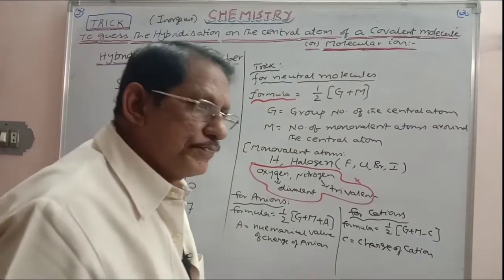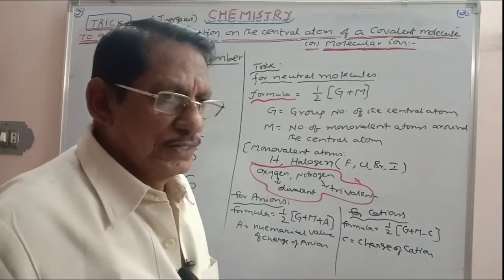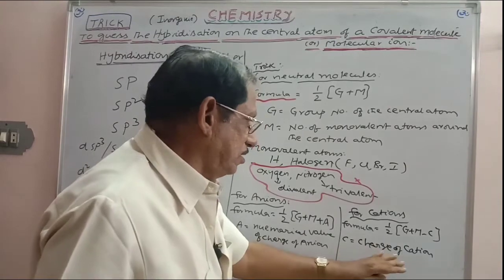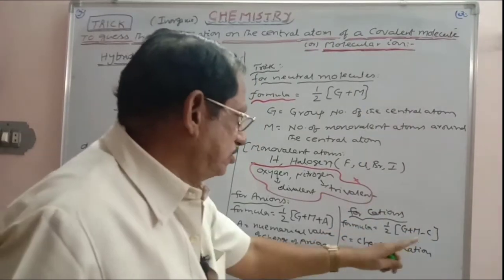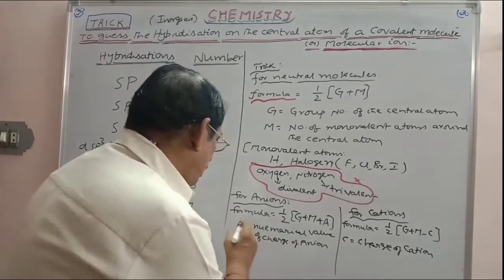Suppose you take any cation like NH4 plus, you take only the charge of the cation, and that is subtracted. In this way you have to adapt these rules in order to find the